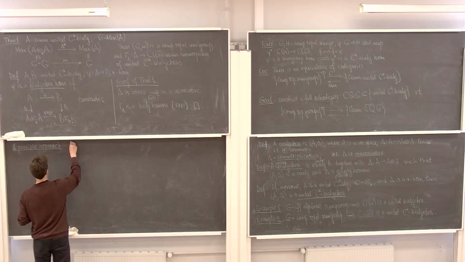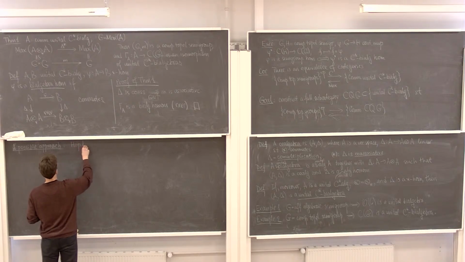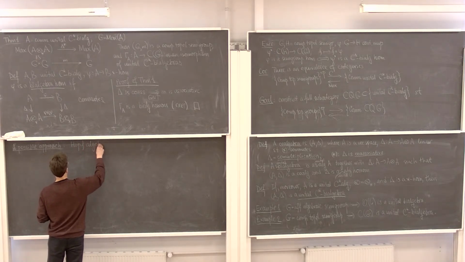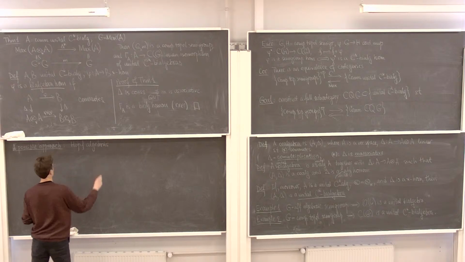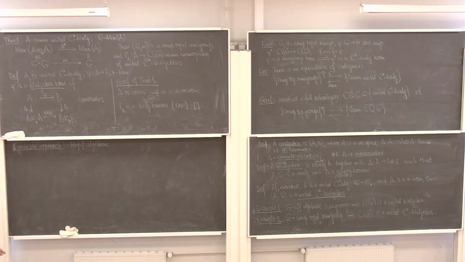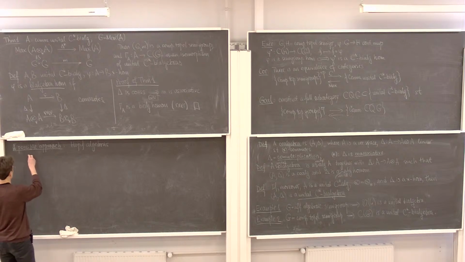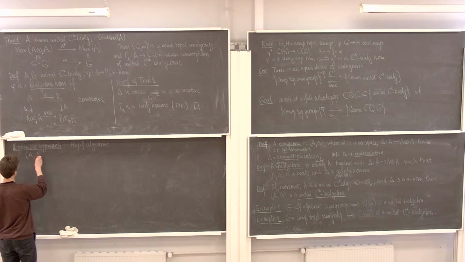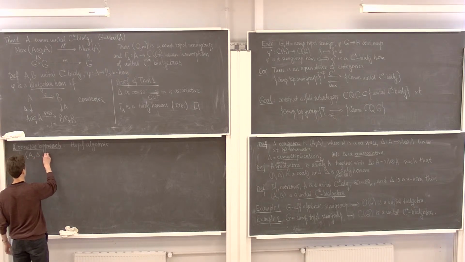Well, maybe some of you are already familiar with the notion of a Hopf algebra. I'll not give you a formal definition now. So roughly a Hopf algebra is a bialgebra, A with delta, equipped with an extra structure, that is with two maps,